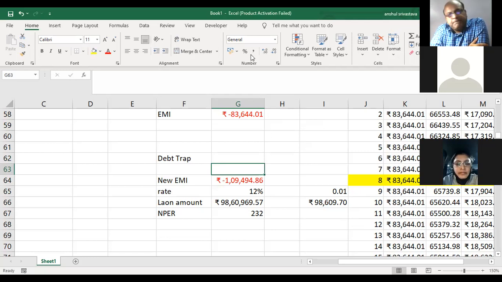So basically, I think it is very close to 7 now. We cannot take another formula. Today we have talked about PV, FV, PMT, and I've done some kind of analysis with you. This debt trap is a very interesting situation. Right now we are able to see it because it is in one loan. Otherwise, people don't realize it. They have a personal loan also, they have a home loan also, they have a car loan also, they have credit card debt. Under any circumstance, if the total interest outgoing is more than the repayment capacity of the individual, he will fall into the debt trap. So one of our main things as financial planners or financial advisors is to save our clients from debt trap.